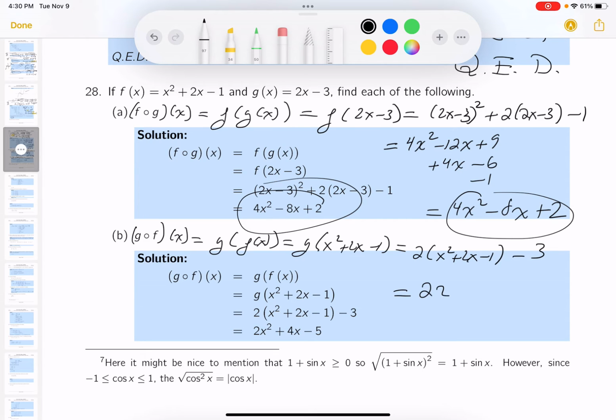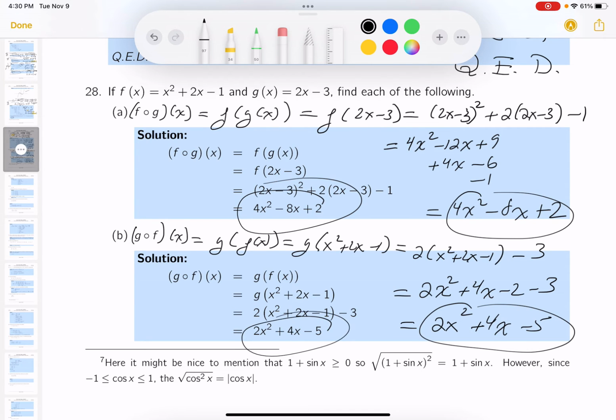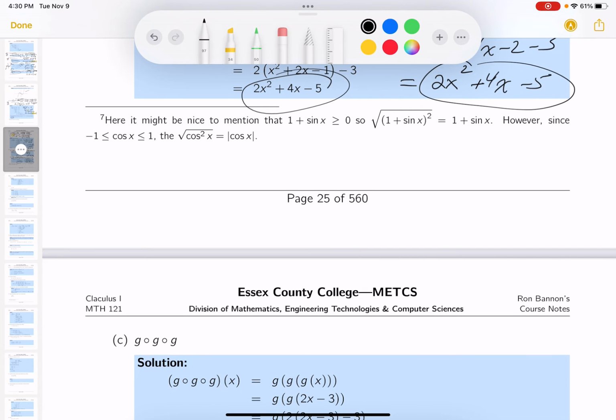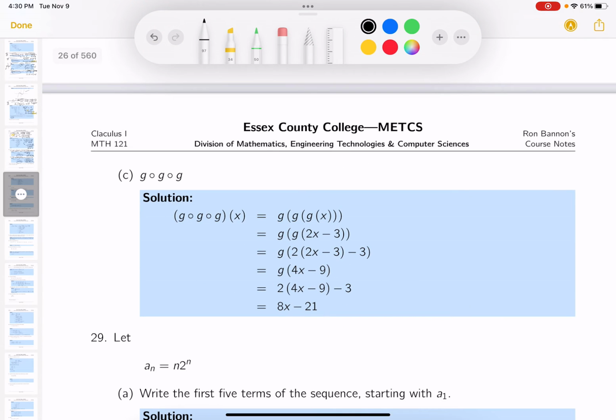Let me do the algebra. That's 2x squared plus 4x minus 2 minus 3. And if there's anything you could do that's simple, you want to do it. That's minus 5. I'm seeing that right over here. All right? By the way, you can read my footnotes if you want. There's not, ooh, this one looks crazy. What does it say? It says g of g